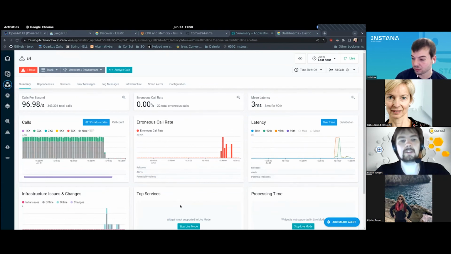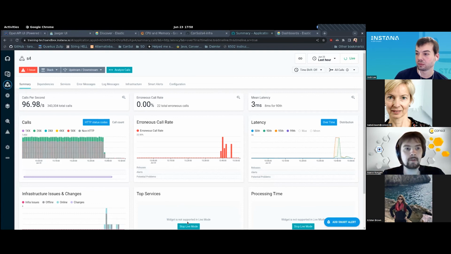And another question in the chat. Does it support integration with some chat ops tools like Slack or Teams? So if alerts come up, they show up as well. I'm going to have to get back to you on that one. Is that really AI using ML, or is it just analytics using seasonality? No, there is actual ML happening in the backend. The manually configured alerts use seasonality, but the automatic and smart alerts are using machine learning.